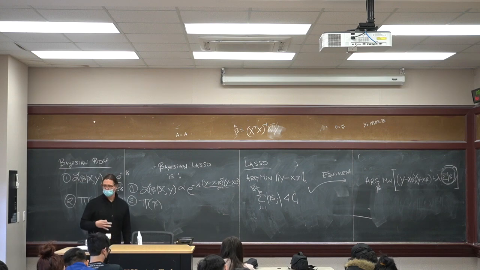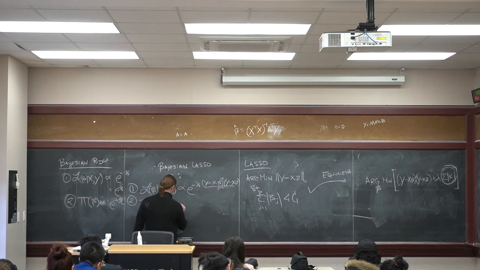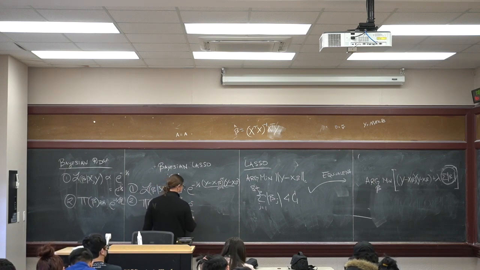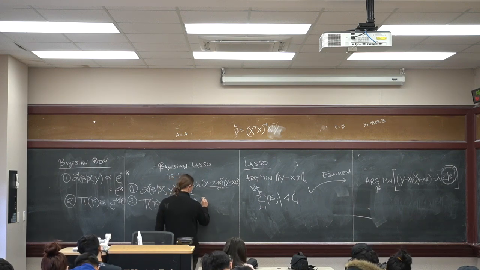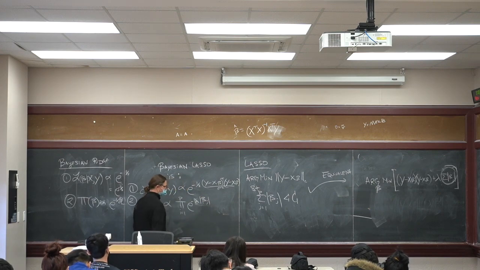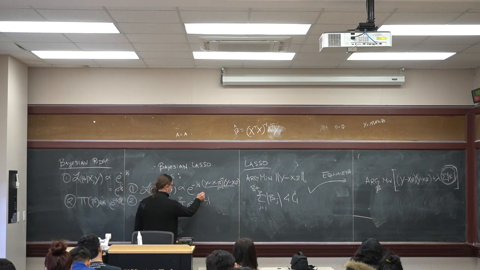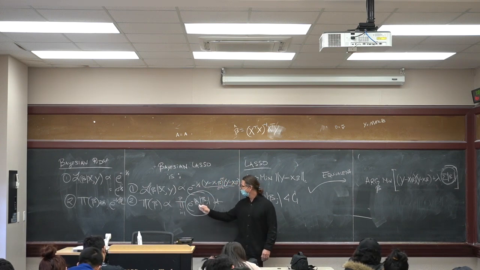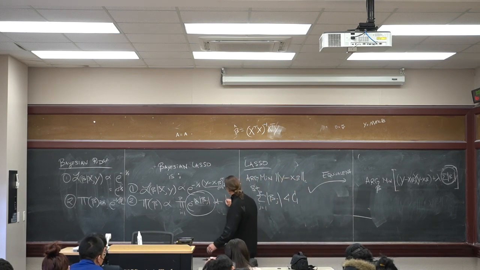And the prior that induces LASSO, there's a neat computational way of dealing with this, and I'll expose you to that paper. I'll send it out over Slack or put it up on the web page and you can read through it. I'm not going to ask you to implement it, but I think it's interesting. This is going to look like this: product i goes from 1 to p, e to the minus lambda beta j. So this thing right here is called a double exponential. I've written down everything up to proportionality. It had a lambda over 2 sitting in here for the normalizing constant. But this is called a double exponential.